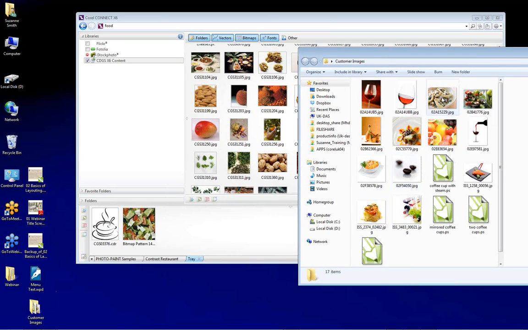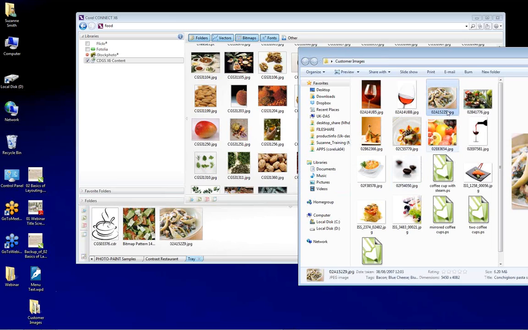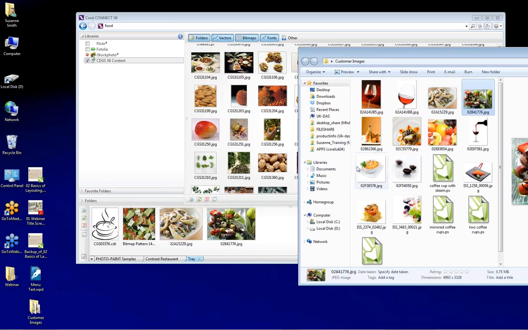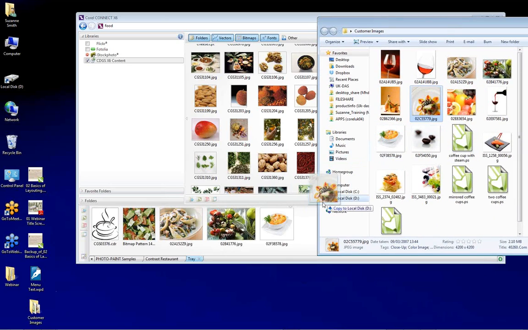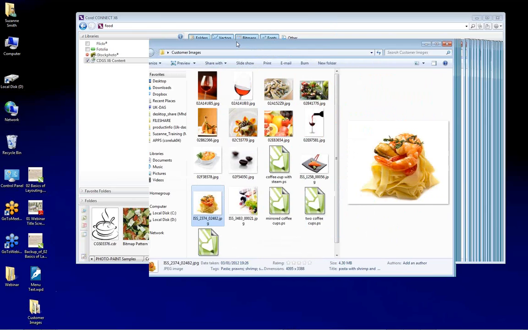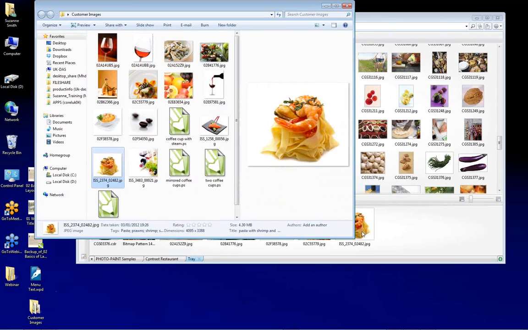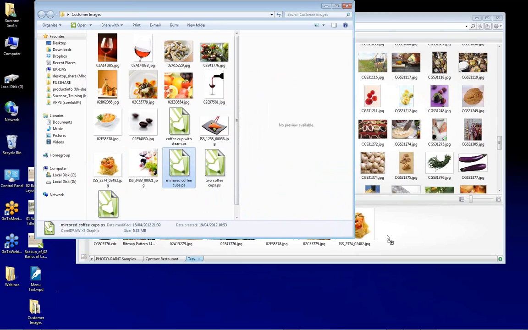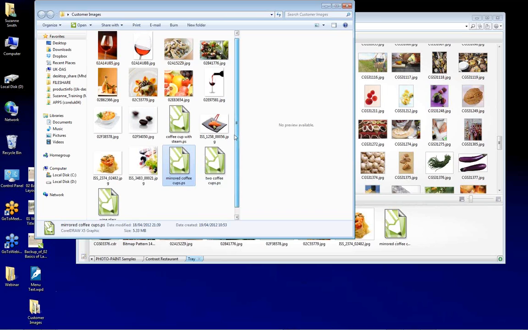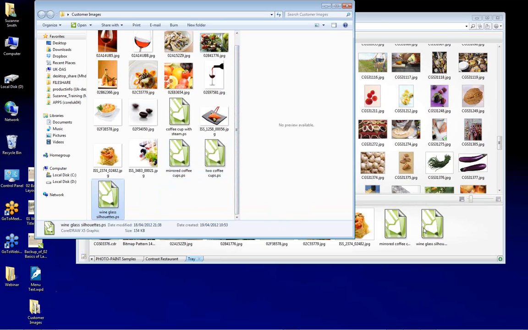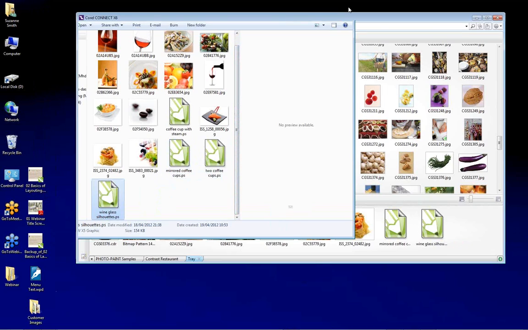So if this is a restaurant owner, he might want me to put specific images in his menu. So I'm just going to take some of the stuff that this restaurant sent me. I got really hungry putting this workshop together, guys, I can tell you. And I'm just going to bring in some vector files as well. And I can also drag in,